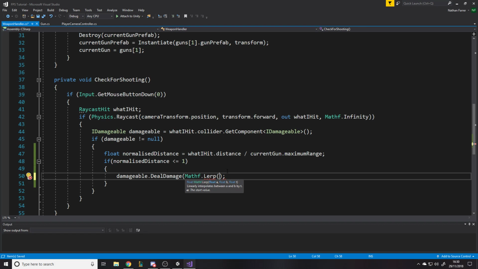So the start value is our max damage, because as we get further away, we go from max to min damage. So we'll say currentGun.maxDamage, comma, currentGun.minDamage, and then the value you want to go between that is between 0 and 1. As we know, this can't go below 0, and we only get this called if it's less than or equal to 1. So we'll just say